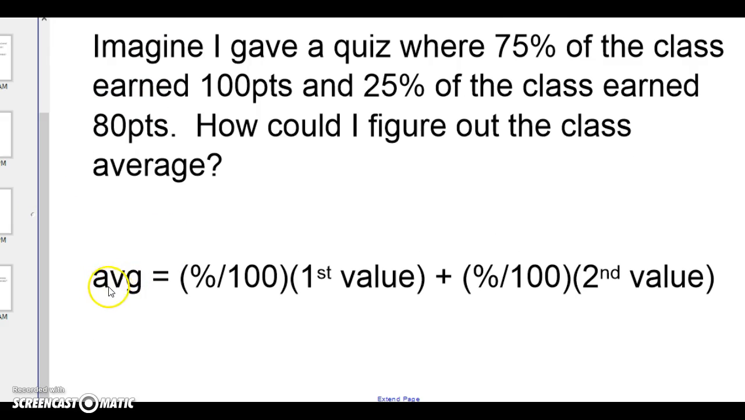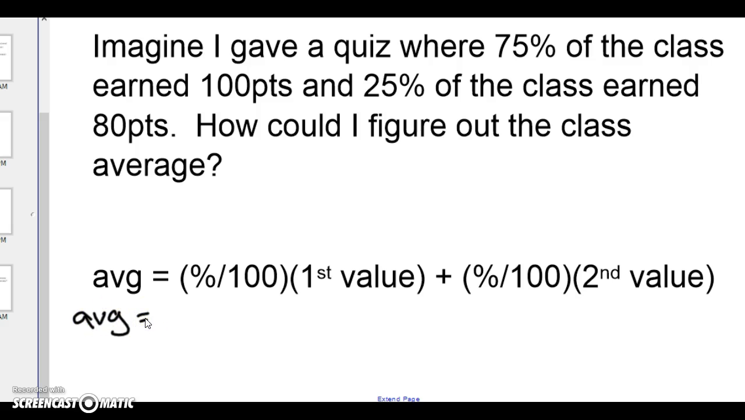So here's our equation. The average is equal to the percent over 100 of the first value times the size of that first value plus the percent over 100 of the second value times the size of that second value. And this is what I mean. So if I want to know the average for this